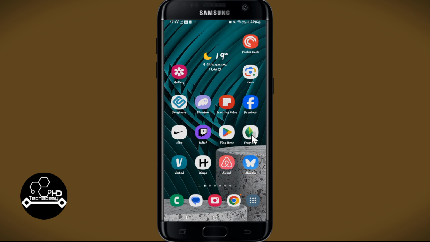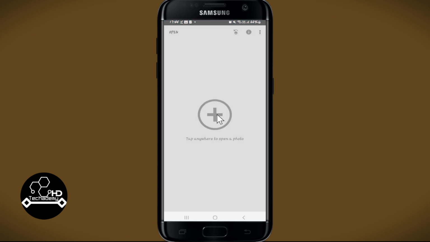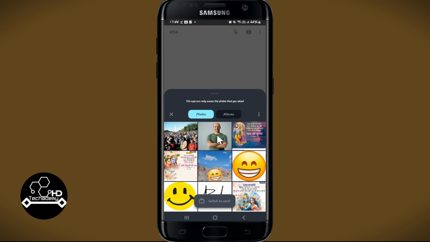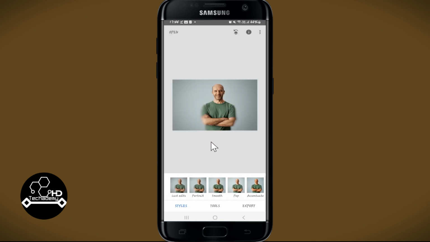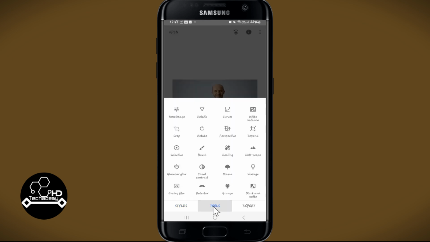First of all, open up the Snapseed application and then use the plus button or the open icon in order to open up any image that you would like to edit. Once you open up the image that you want to edit, you will be able to choose various different styles and tools. Now, if you wish to increase the quality of your photo, go ahead and tap on Tools and